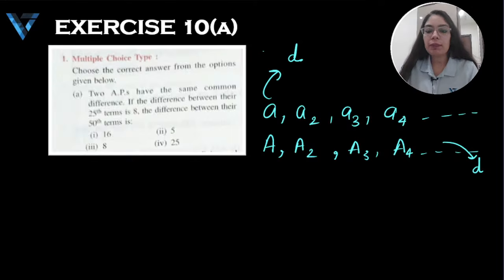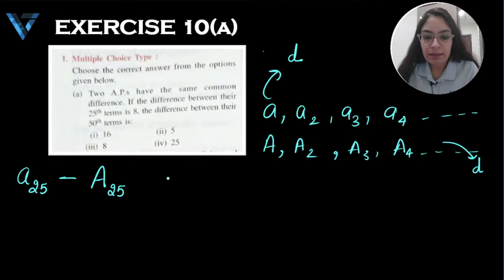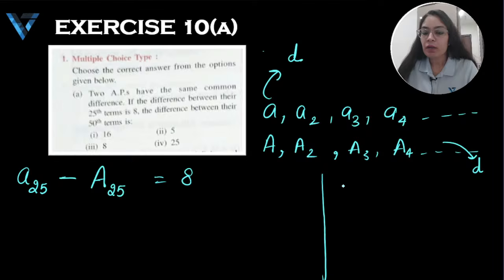The difference between the 25th terms means the 25th term of the first AP, which is A25, and the 25th term of the second AP, which is capital A25. This is given to us as 8. What we have to find here is the difference between